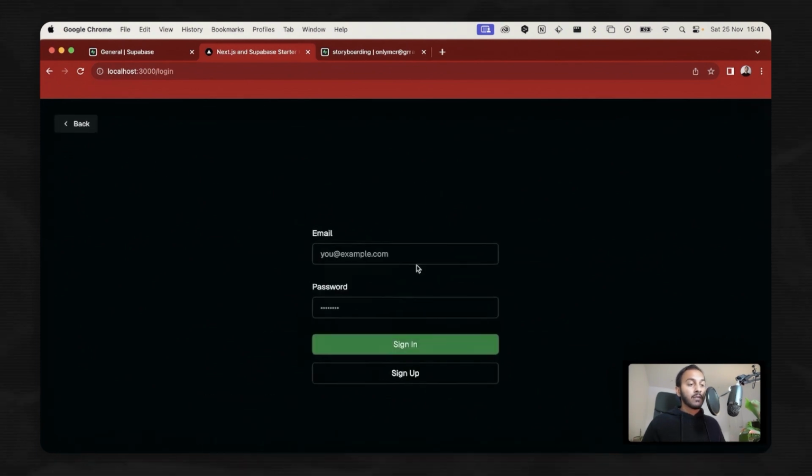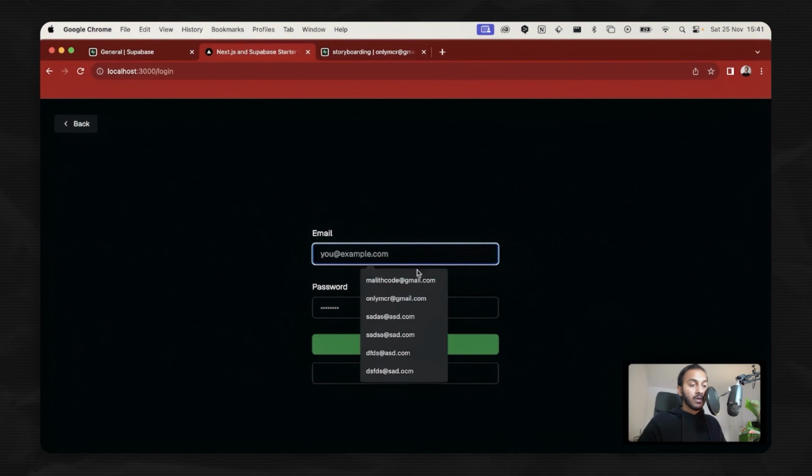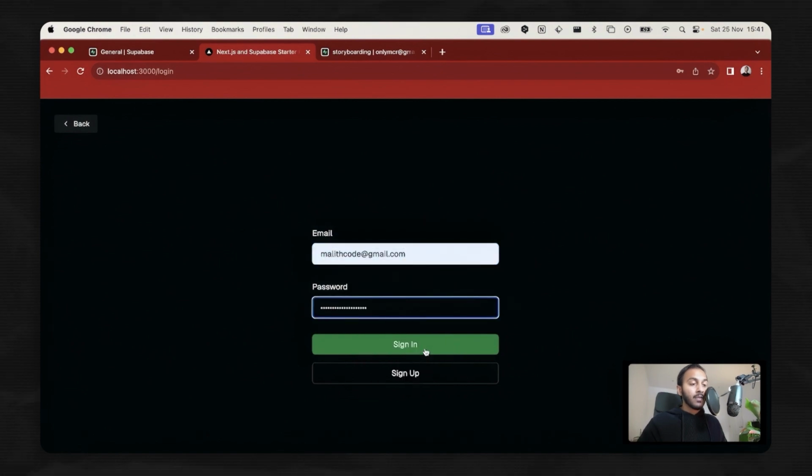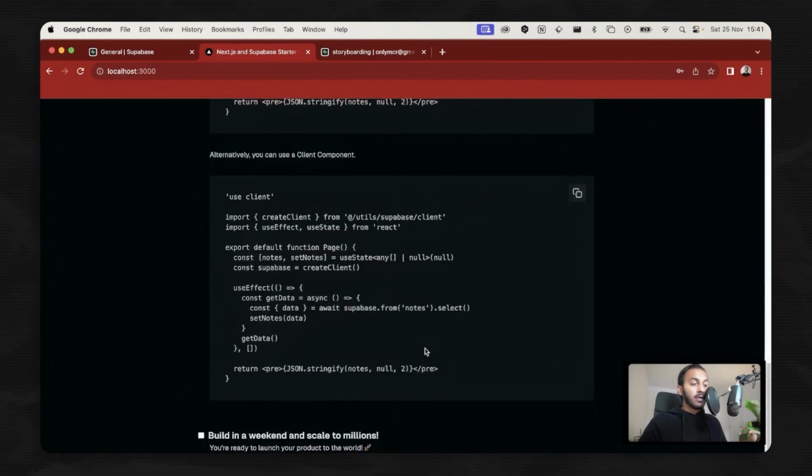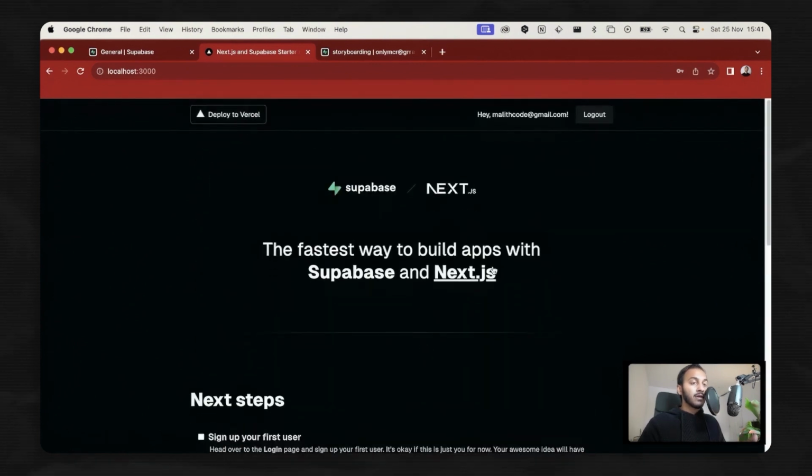And what happens if you log in? I already had an account with this email, and you logged in. This is a page that after logging in,